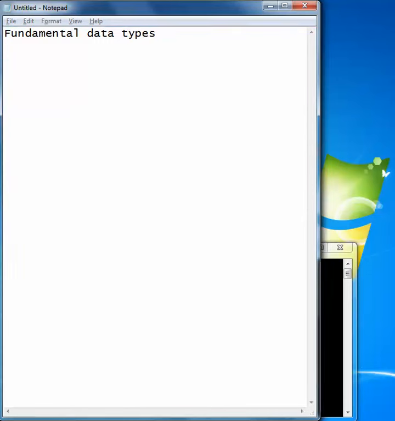Let's start this way. The computer stores variables in the computer's memory. Okay, but the thing is that computer has